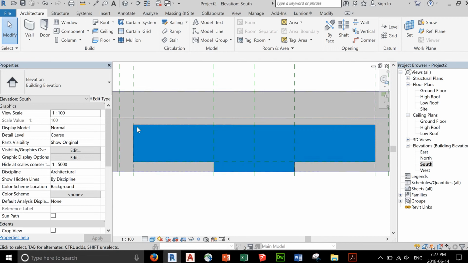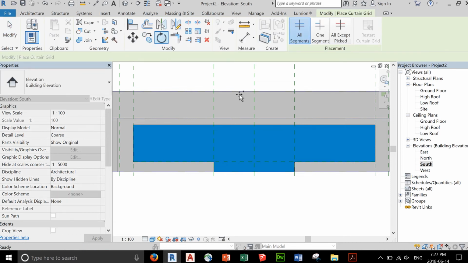Right now, this curtain wall is just made up of a big expanse of glass. So we need to add curtain grids. So select curtain grid and let's